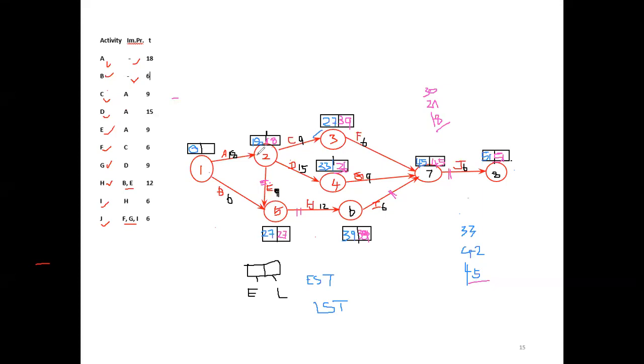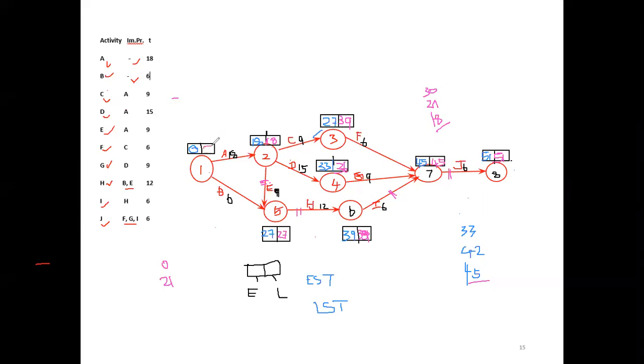The other one is from the starting point. From the starting point, you can consider this way backward, then the other way, this way. Through A and through B, you have to bring the 0. Through A, the later part 18, activity A also 18. So 18 minus 18, 0. So definitely that will come. Anyway, I will just write that. Through the B route, 27 minus 6, 21. So you have to select the least one, that is 0. You put the 0 here.